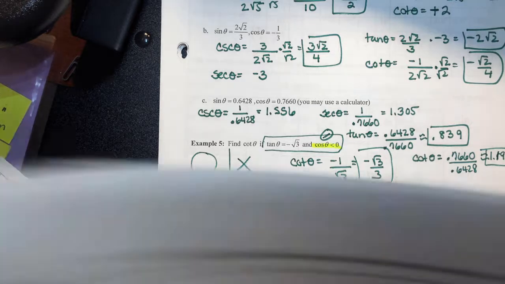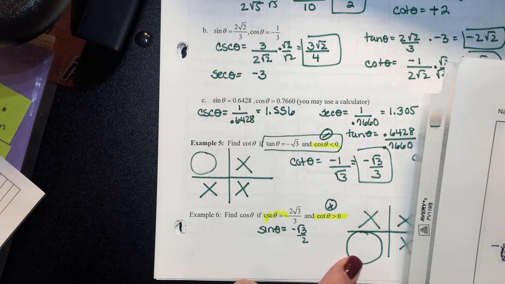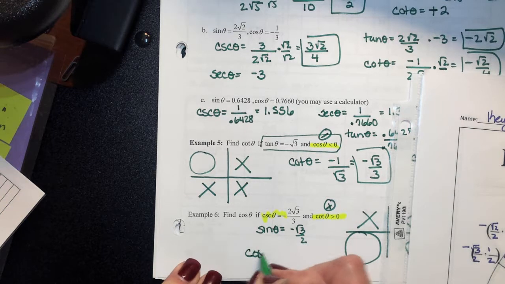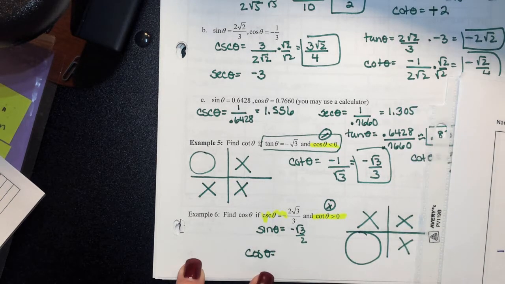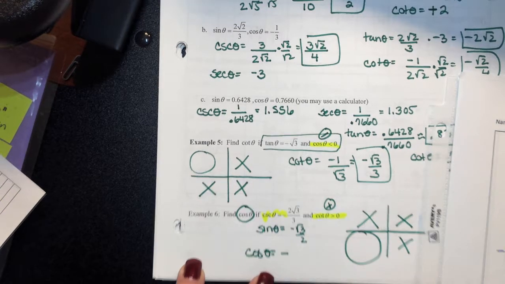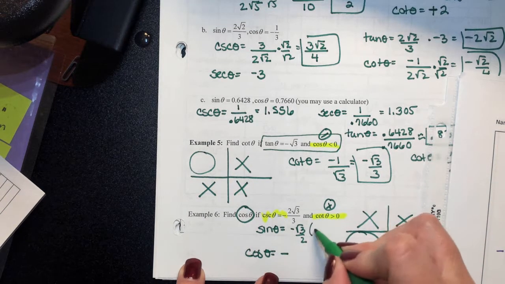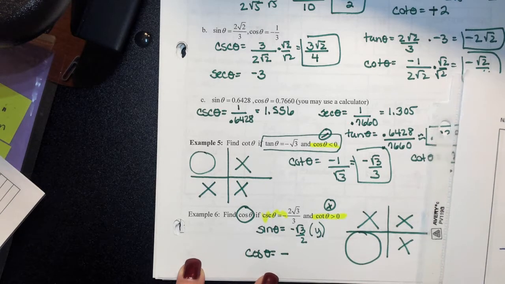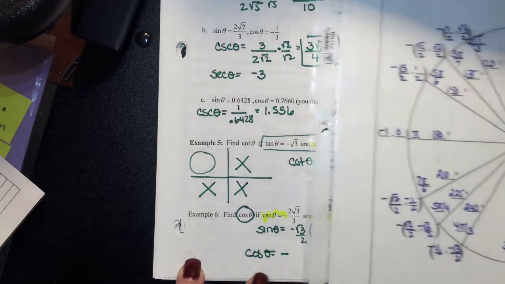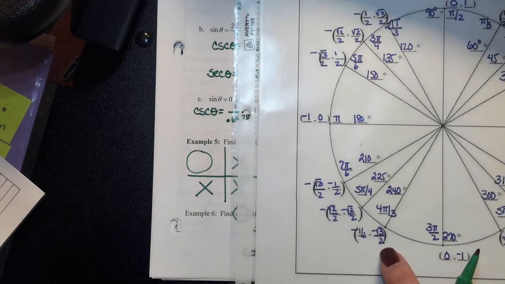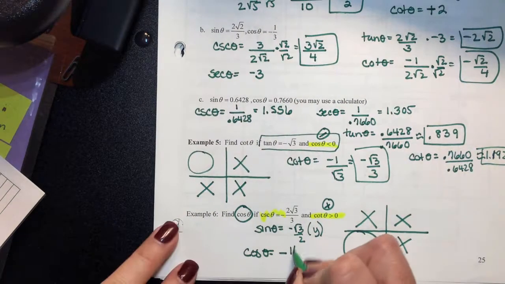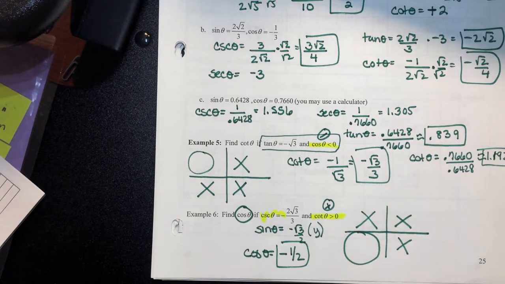So now the question is, I want to find the cosine in quadrant 3. So first of all, is cosine positive or negative in quadrant 3? What's happening with the cosine? Negative. Well, I know that sine is my y-coordinate. So looking on your unit circle, if my sine is negative square root 3 over 2, what's the cosine value going to have to be? Negative 1/2. And there's your answer. Okay? But always make sure, guys, you establish that location and you got that location down. All right, so any questions on